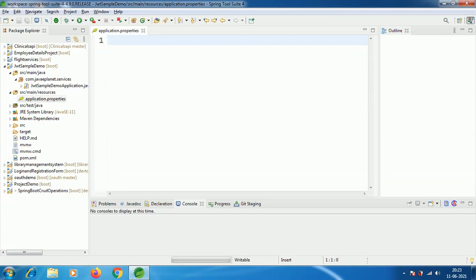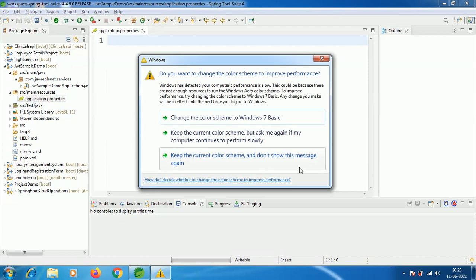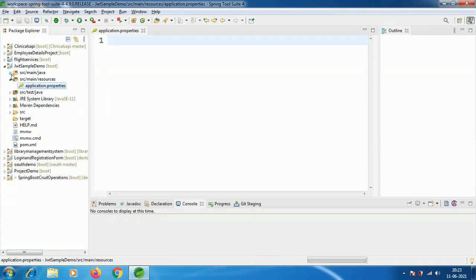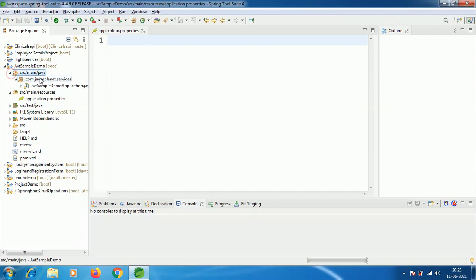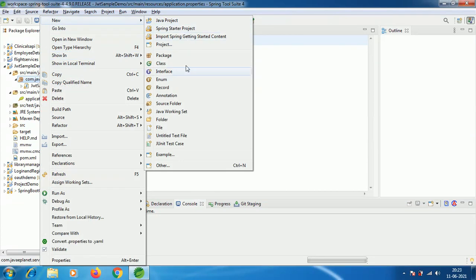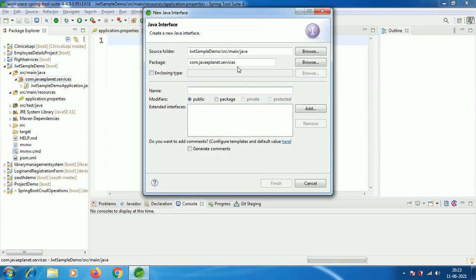Let me create an interface first. New interface, and keep that in the services package. I will name this interface VehicleInterface.